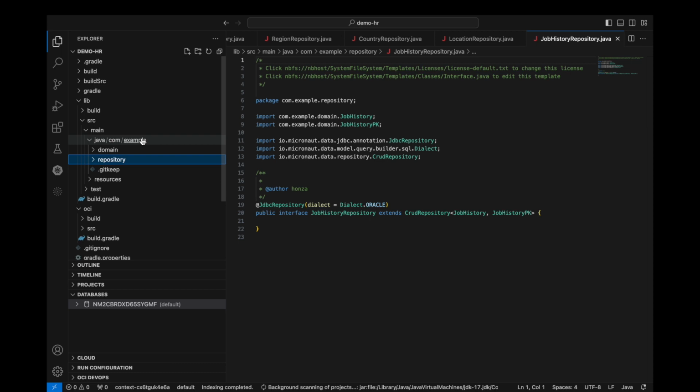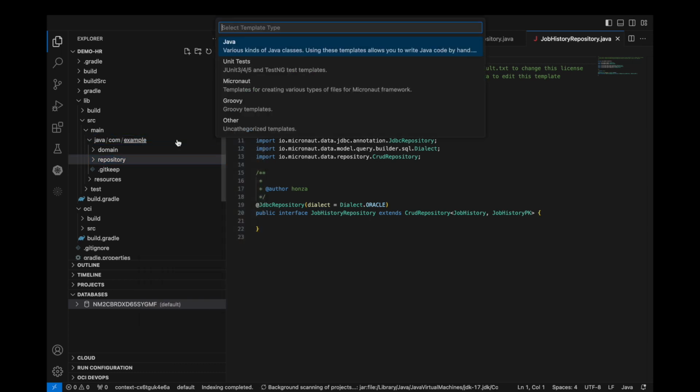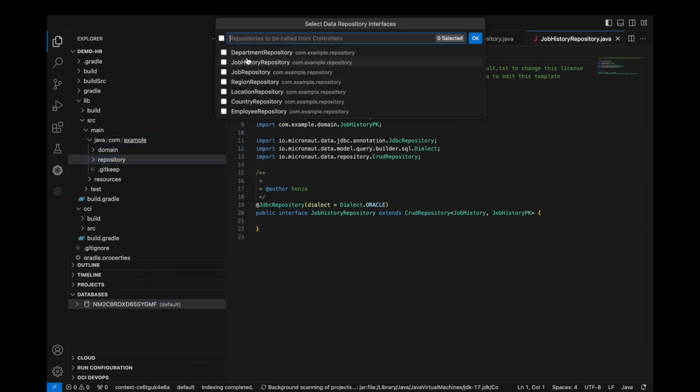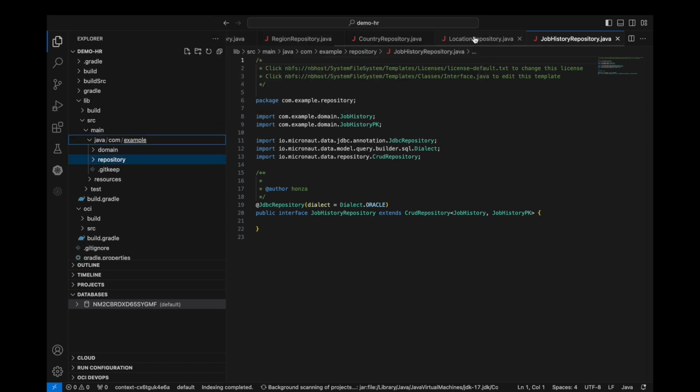The final piece we need to develop is a REST controller. The New from Template wizard generates a comprehensive controller class, including a findAll endpoint.